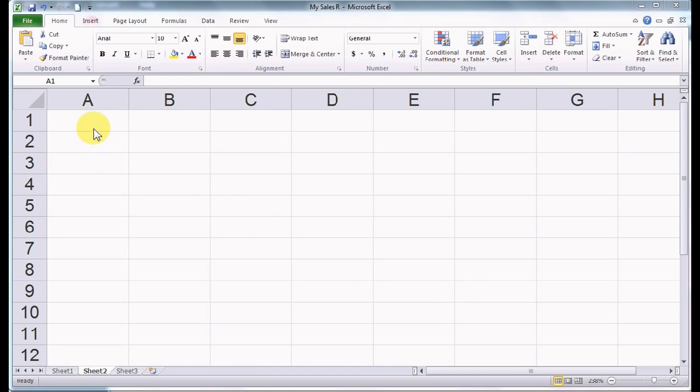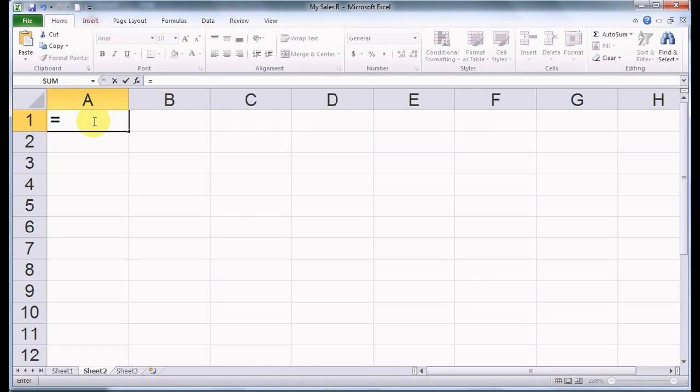You'll always want to start inserting a formula with the same key, and that's your equals key. And that's how Excel determines that what you're putting in the cell is a formula and not just some other generic type of information like a name or a number. So when we put that equal sign in there, that indicates to Excel to expect some type of calculation